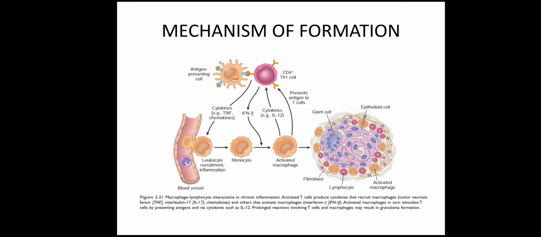Now, how is it formed? It is a cell mediated immunity type 4 reaction, in which when the antigen is presented by the macrophage, the T cells will get activated. It will release certain cytokines like TNF, which will cause recruitment of the monocytes. Then another cytokine, interferon gamma, will cause its activation to an activated macrophage. Now again, this activated macrophage will release certain cytokines to again activate T cells. So both of these T cells and macrophages get activated, and activated macrophages often transform into epithelioid cells.